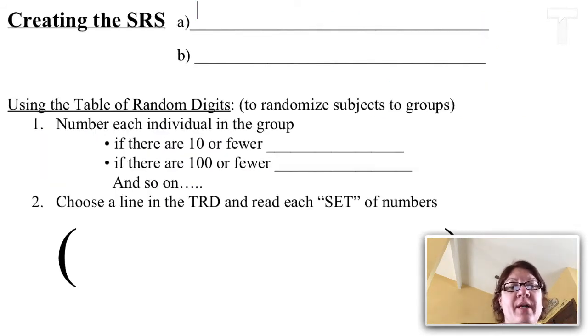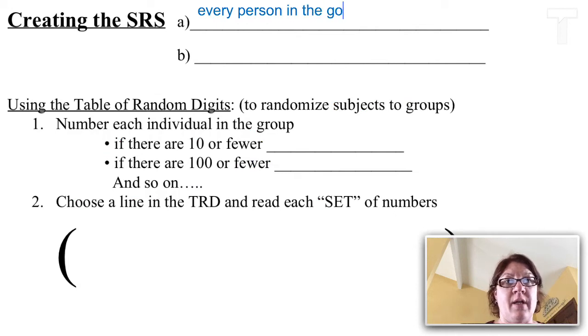So now for the proper definition for a simple random sample, it must have 2 components, and you will always be quizzed on this by both me and the AP test. So the first one is that every person in the group has to have